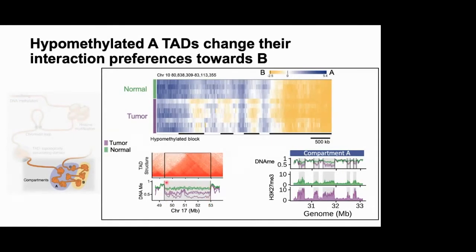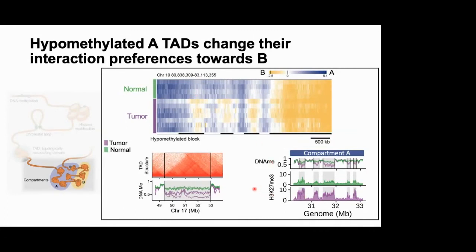Something that we also saw was that these hypomethylated blocks, in which tumors lose methylation compared to the normals, were a lot of times overlapping very nicely with the topologically associated domains, meaning that this hypomethylation is actually restricted to TADs, and it's probably the whole TAD structures that get hypomethylated. This overlay with hypomethylation blocks is interesting because these have typically been associated with compartment B. And what we were seeing is that these also occurred in what would be called compartment A in the normal